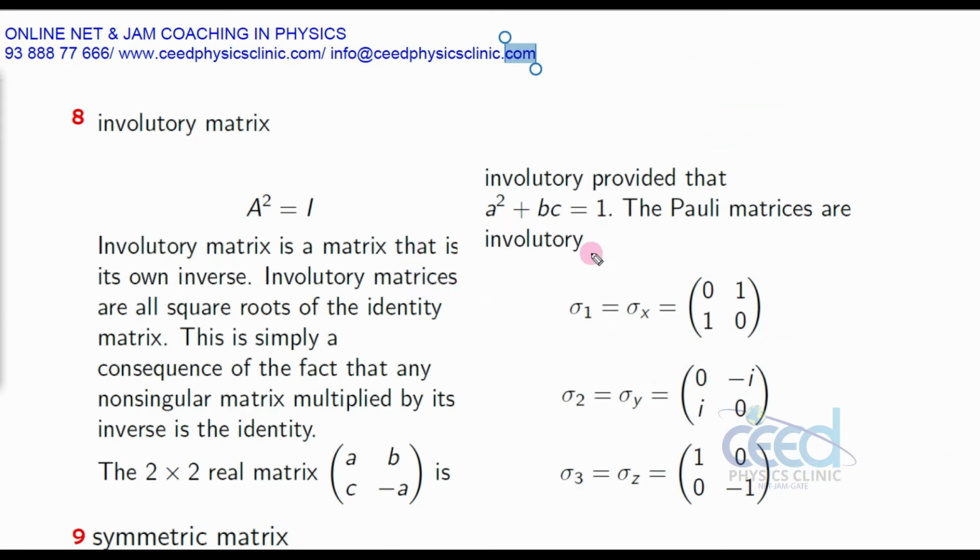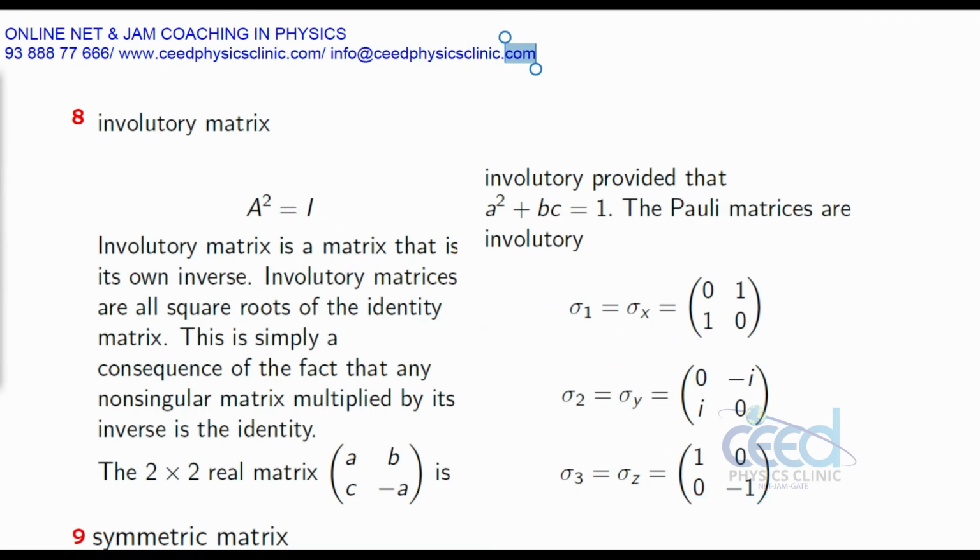Okay. Now we can have the familiar matrices in quantum mechanics, that is Pauli spin matrices, right? These all are involutory matrices. So if you take the square of this, square of this, and square of this, these all are Pauli spin matrices. Okay. When we discuss the quantum mechanics angular momentum chapter, in that chapter we will discuss Pauli spin matrices. Okay. Spin angular momentum matrices. That is, when you find the square of all these matrices, you will get I. Okay, so these all are involutory.